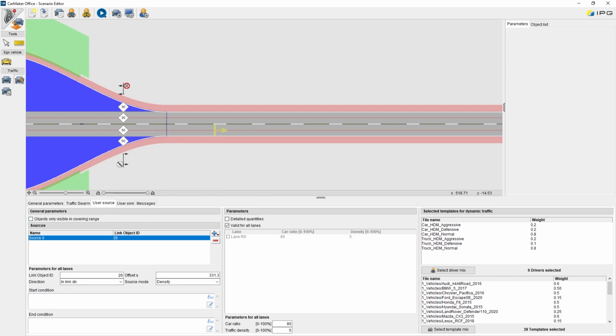To remove a source, select the same source here, and you can deselect it or delete it with the minus button. Via parameters, there are many options available to adjust the behavior of the generated objects, like how fast they can be or how the density should be in a range between 0% and 100%.